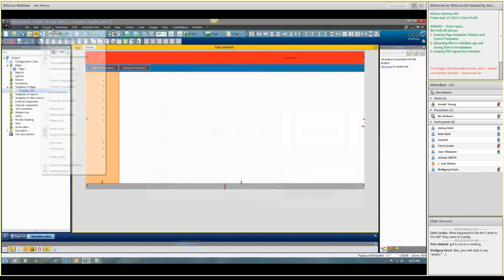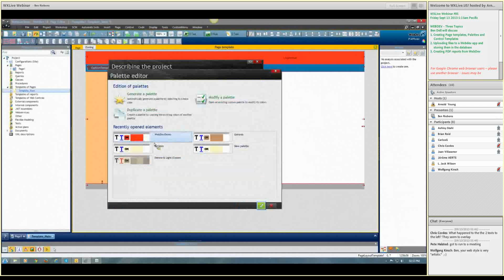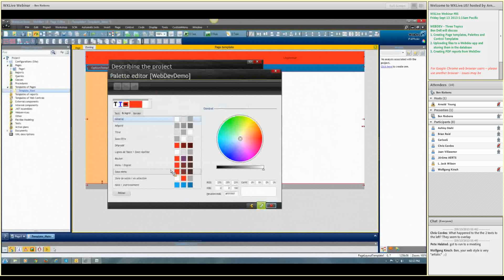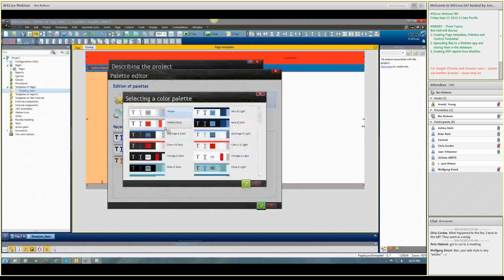If we go back to our palette for our whole project website and we change that palette, let's see, where's the palette now? Okay, it's quickly there. There's our website palette. And we go and take a new color. So we're going to get rid of that one and we're going to modify it by saying